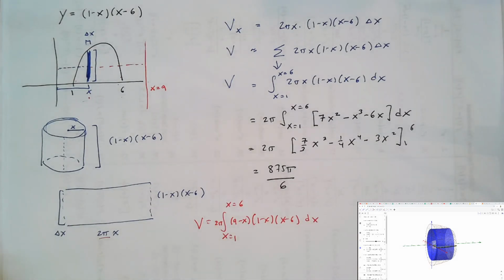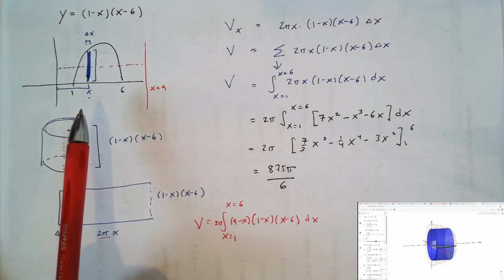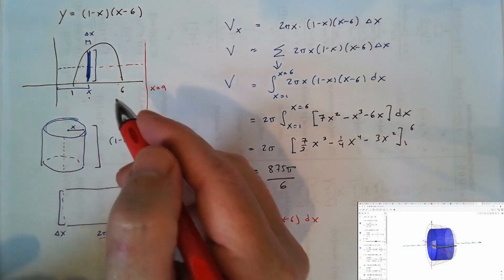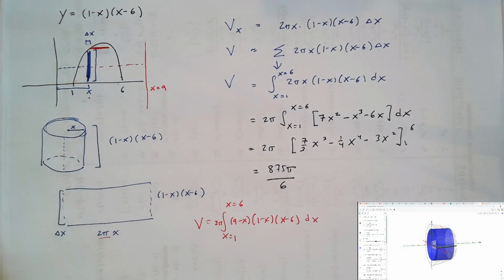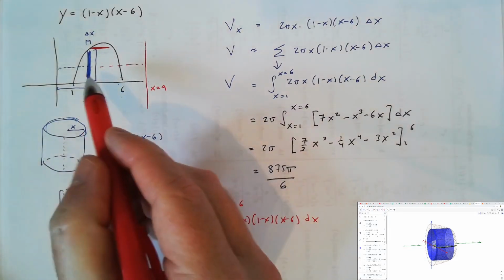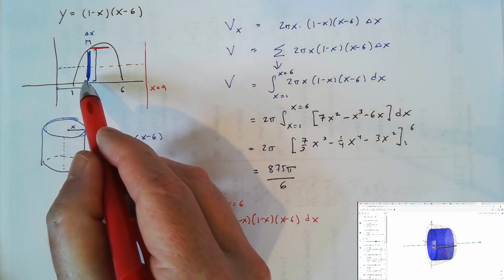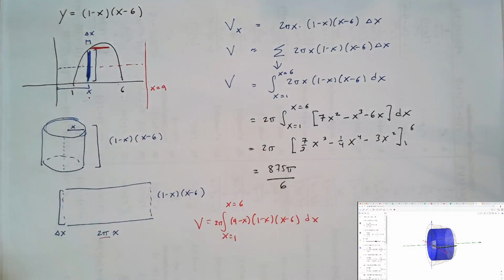In general, how do you know when to use the tube method versus the disk or washer method? Well, in all of these problems, you should draw a sketch of the region in the xy plane. Then draw a representative slice. In this case, we could have sliced things horizontally instead of vertically, but it would have been more difficult to solve for the equations of x in terms of y of the two branches of this parabola. So a vertical slice seems more reasonable. Once you have your slice, rotate it around your axis of revolution and determine whether you get a washer, a disk, or a tube, then set up the appropriate integral. Sometimes you might be able to set up both types of integrals, but one may be easier to work out than the other.